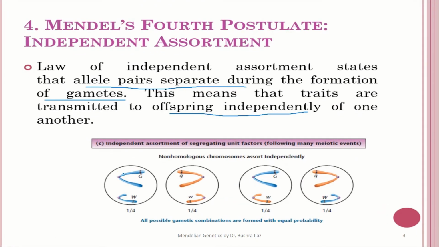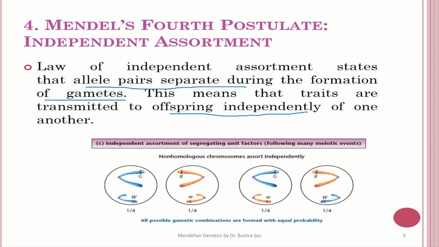Here you can see this G is now one of the gametes, and this is the combination of capital G with capital W, small g with small w, capital G with small w, and small g with